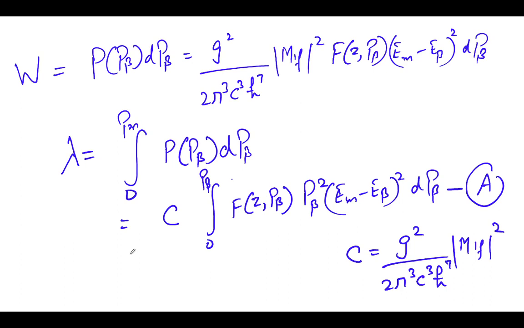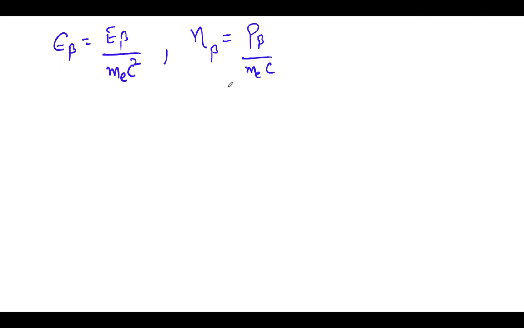So if we rewrite this momentum equation in terms of energy, the value of E beta we generally write as Eb over me c squared, and this eta, that is the Coulomb factor, is equal to pb over me c. So from this we can find out this Em minus Eb. So this equation becomes